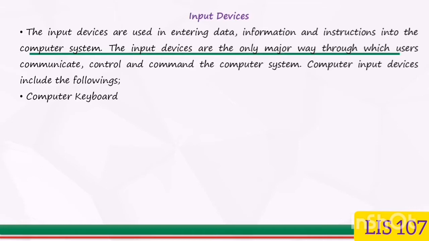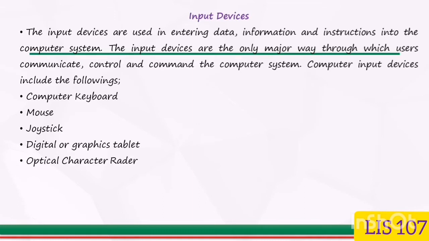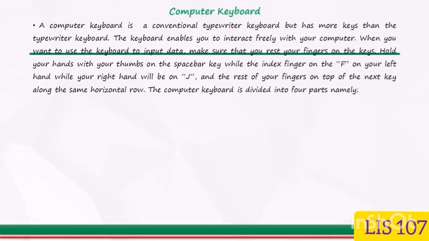And examples of input devices that we have are the computer keyboard, the mouse, the joystick, the digital or graphics tablets that make use of a stylus pen. We have the optical character reader, we have the magnetic ink character reader, and now let's pick them one after the other. You see, a computer keyboard is like a conventional typewriter keyboard, though it has more keys